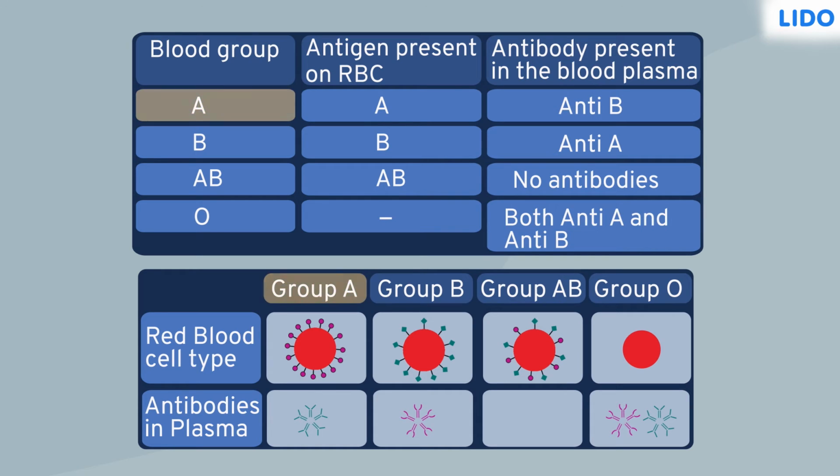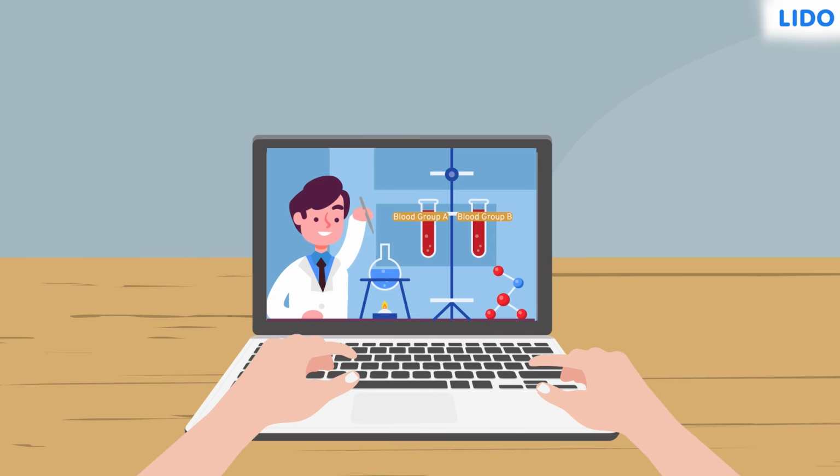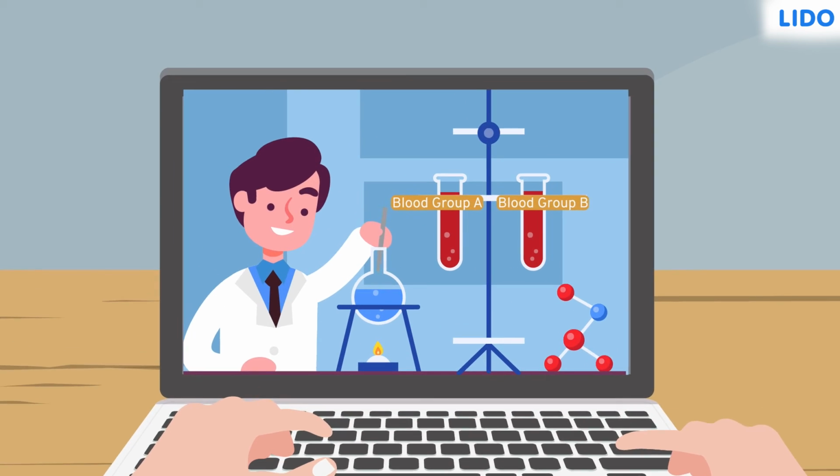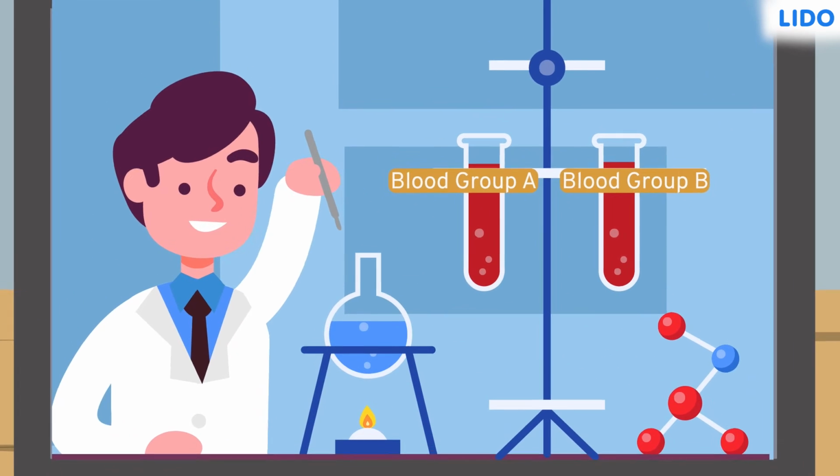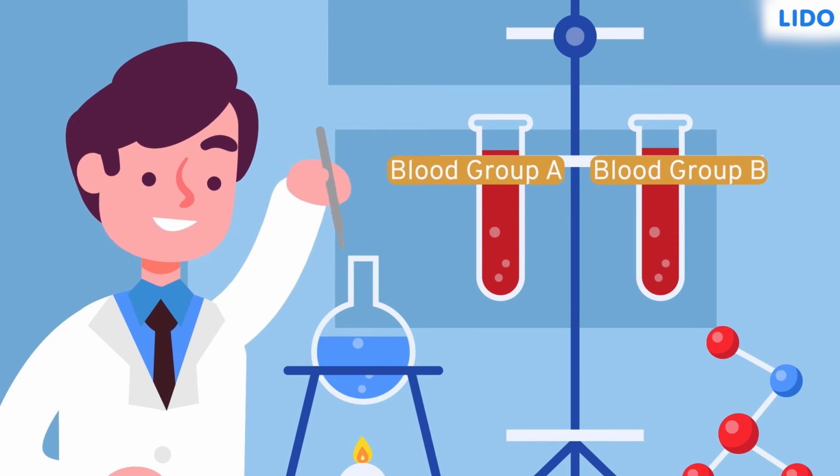A person with A blood group would have antibody anti-B. A person with B blood group would have antibody anti-A. A person with AB blood group would have no antibodies, and a person with O blood group would have both the antibodies. Armed with this information, she wondered if there would be a reaction that occurs in the patient's body